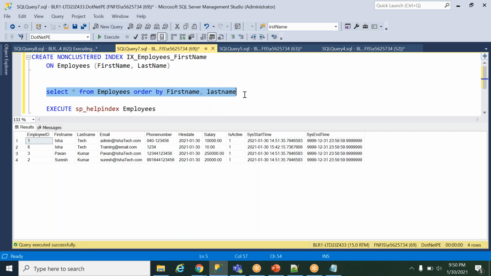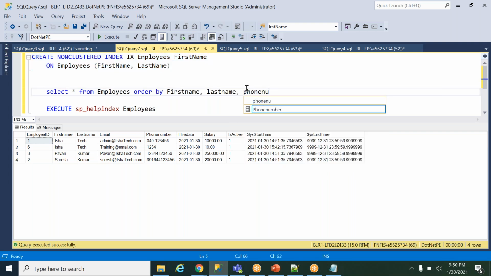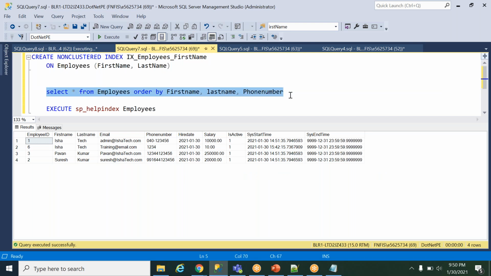Any confusion? Now you have created the index in this particular order, but you are again adding the phone number here. At that time the retrieval will not be faster, because I have not created any index on these three keys. I have created the index only on these two ORDER BY columns. So again, it will be slower. So if you are using this ORDER BY, then it is better to create the index again in this particular order.